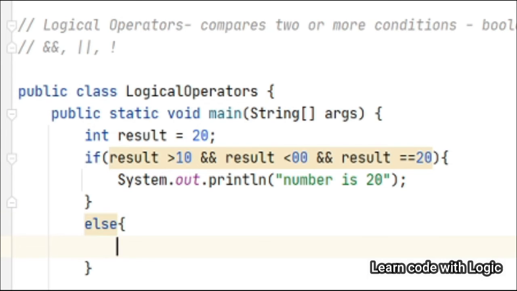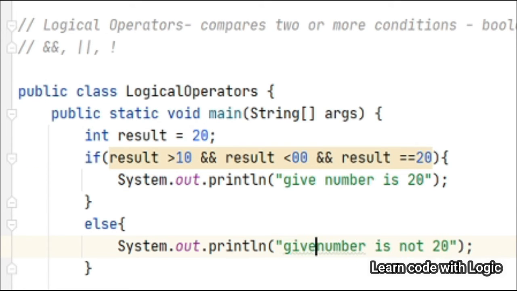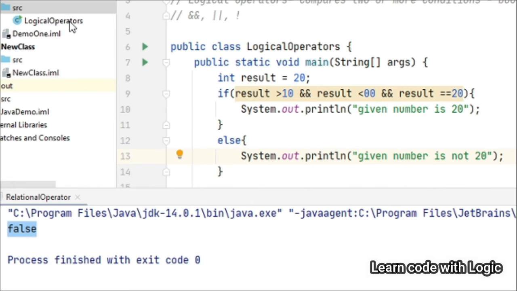Else, number is not 20. Let's say given number. Let's add given number. Save the code and run it.